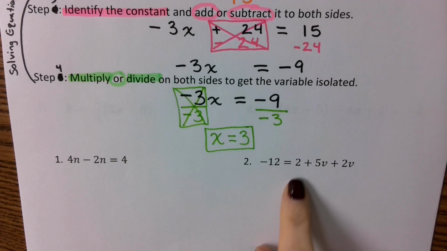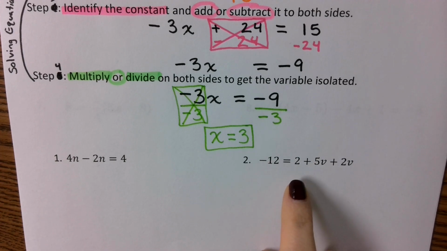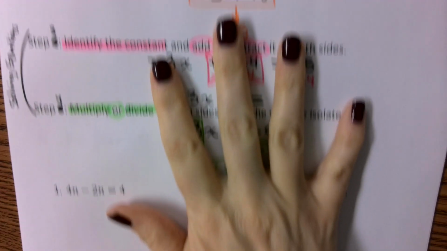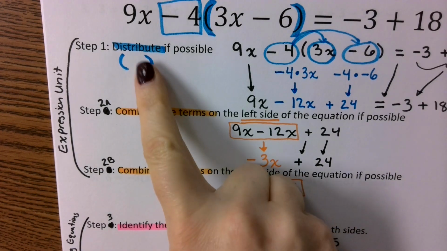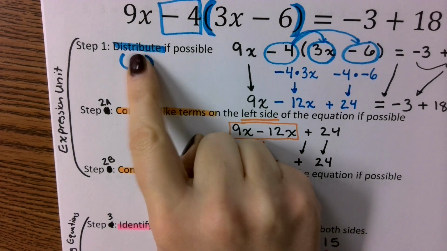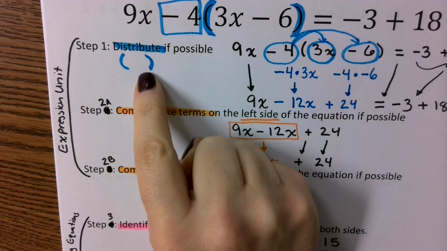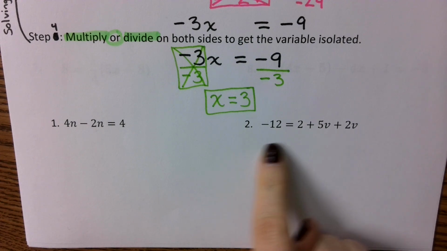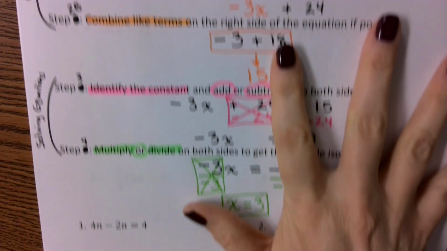What's the first thing I should be checking to see if I could possibly do? Amara? Yep, distribute. Are we always going to have distributive property? No. We're looking to see if we do have it. So we're looking for those parentheses. Do we have parentheses? No. So we don't have distributive property. So now we go to